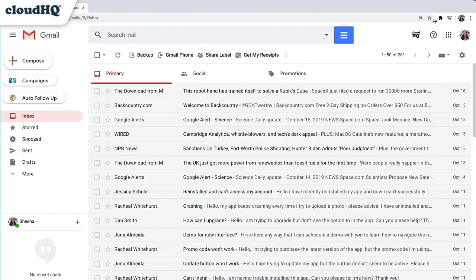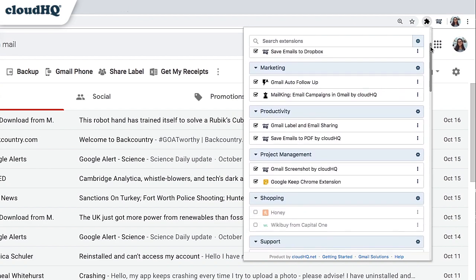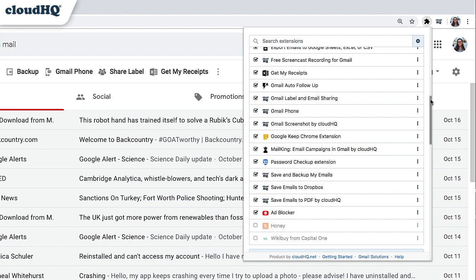With just one click of this new icon, Chrome Extension Manager by cloudHQ displays a drop-down menu listing all your Chrome extensions in your account. Now you can easily view and stay aware of every extension that's installed on your browser. Protect yourself from malware by being able to quickly view all your Chrome extensions currently installed and then quickly disable